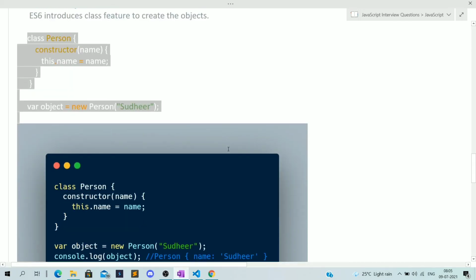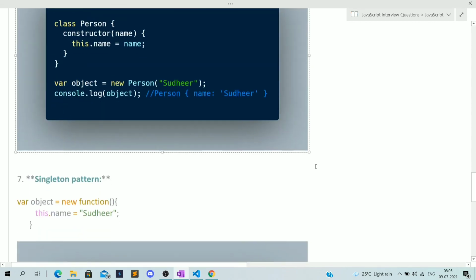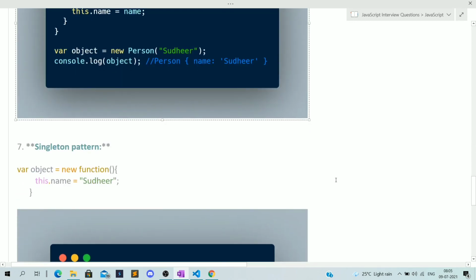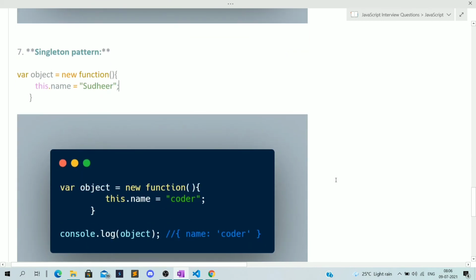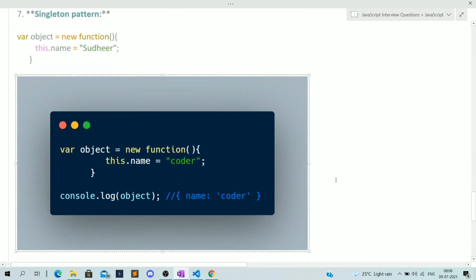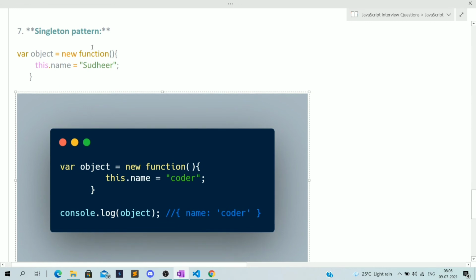Now let's see the last example, the seventh one, of how we can create an object in JavaScript. This is also one of the approaches, the singleton pattern. Here we are using the same thing, the new keyword in JavaScript, new function, and this.name Sudhir. Okay, this is called the singleton pattern.